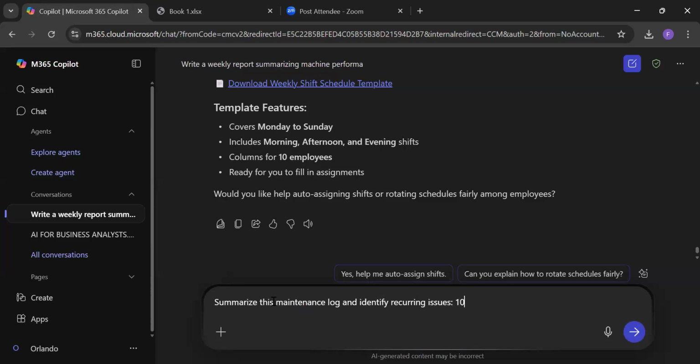So let's say on the 10th of June, machine A had its belt replaced.